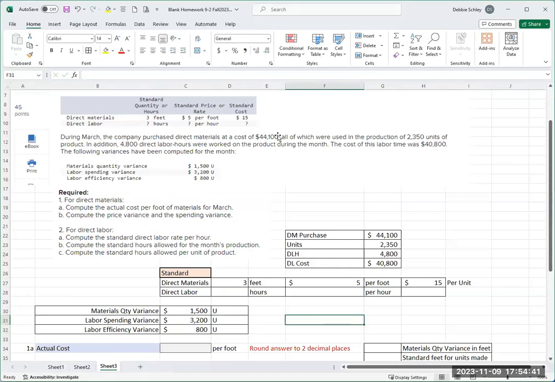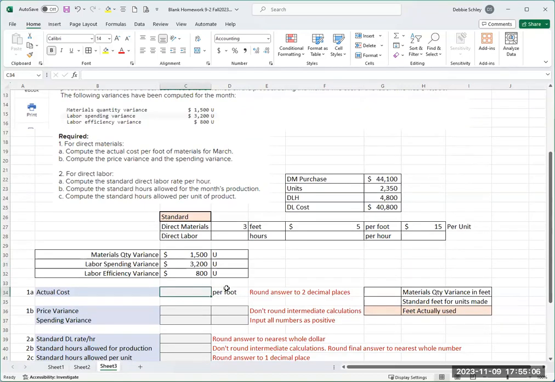Okay, now I've pulled out all the numbers that they've given me. For direct materials, compute the actual cost per foot of materials for March and compute the price variance and the spending variance. So 1A,